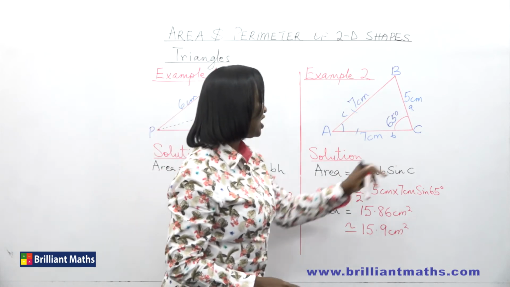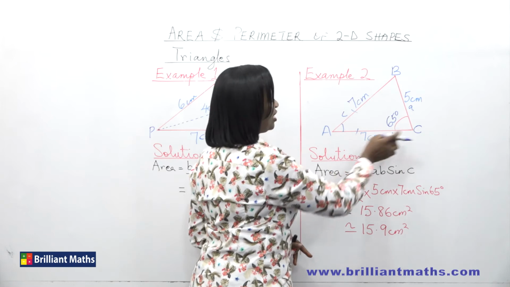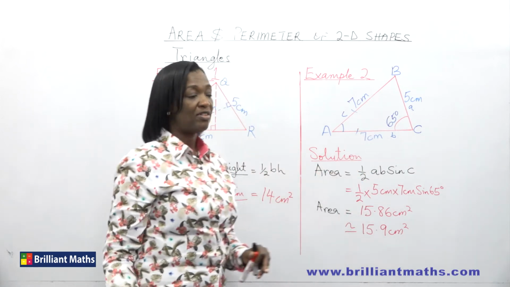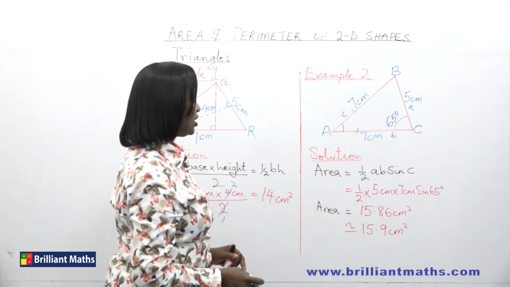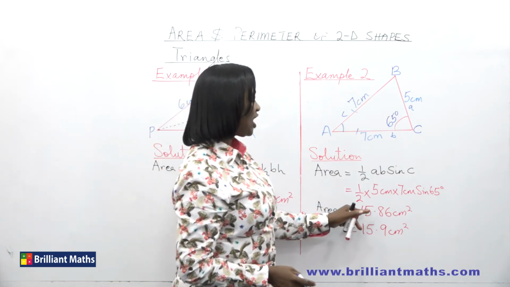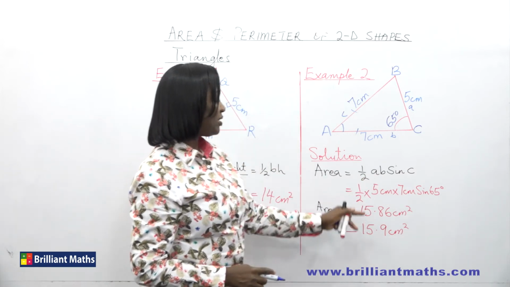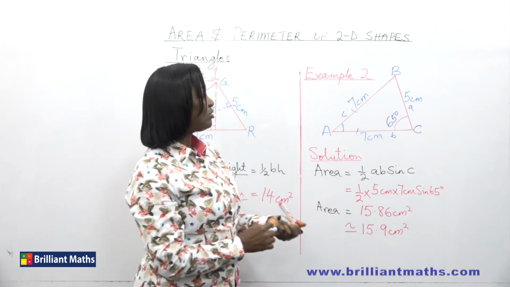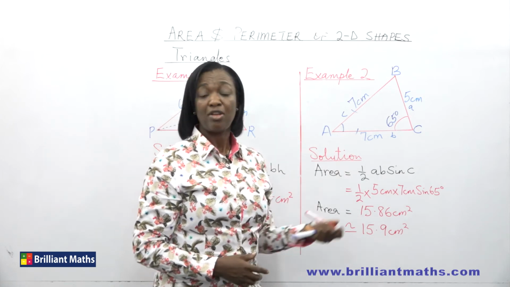So half AB sine C, half times 5 centimeters, times 7 centimeters, times sine 65 degrees. Carry out that calculation in your calculator, and you will get 15.86 centimeters squared, which is approximately 15.9 centimeters squared. You could try it out using half AB, the sine of angle A, and you'll see that you'll get the